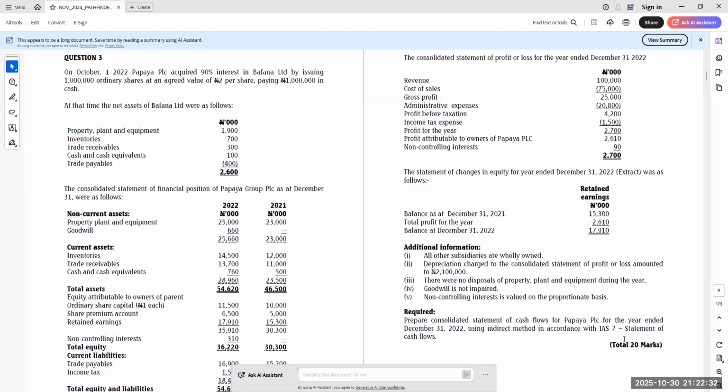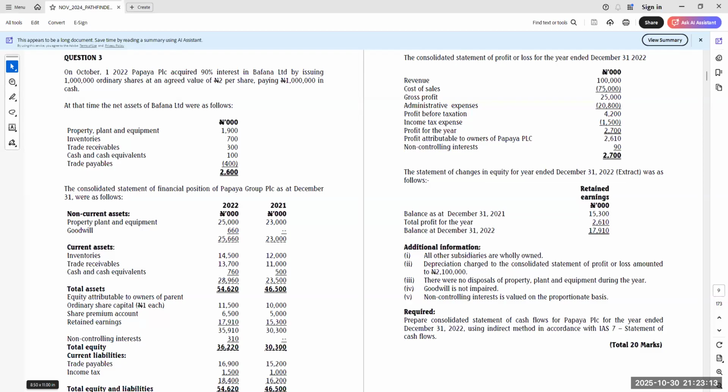So on the 1st of October 2022, Papaya PLC acquired 90% interest in Bafana Limited by issuing 1 million ordinary shares at an agreed value of 2 naira per share, paying 1 million naira in cash. At that time, the net assets of Bafana Limited were as follows. I want you to list all the items, but leave the figures so that people are familiar with the items. Property, plant and equipment,